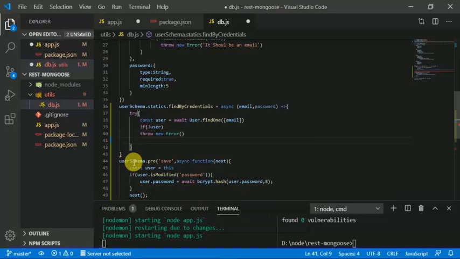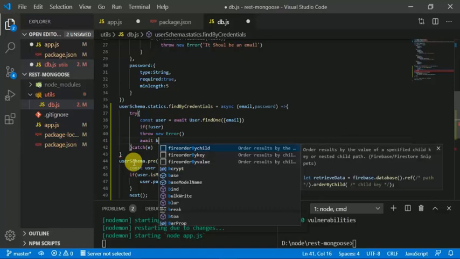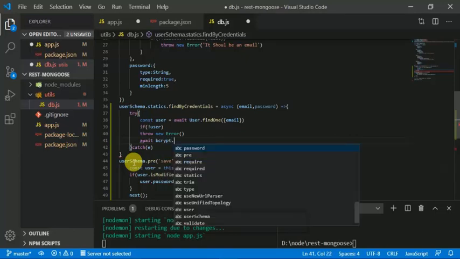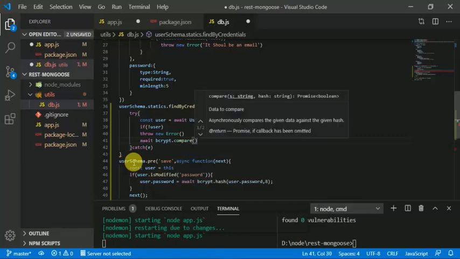And if there is a user, we are simply going to compare the password given by the user with the password that is stored in the MongoDB. So in here we are going to use the following asynchronous function: await bcrypt.compare, and in here we are going to provide